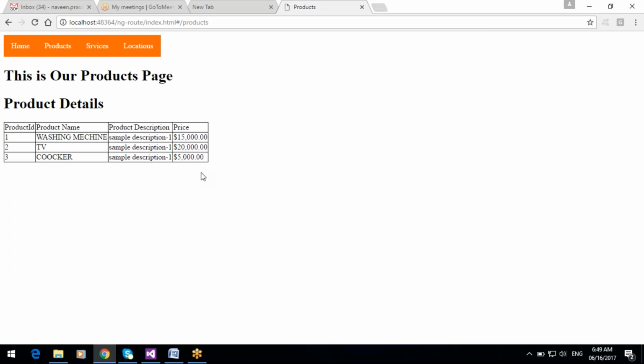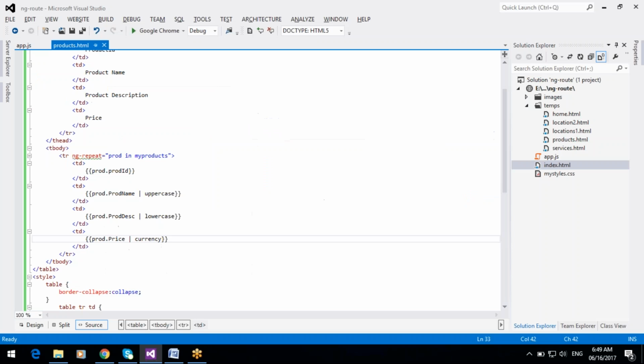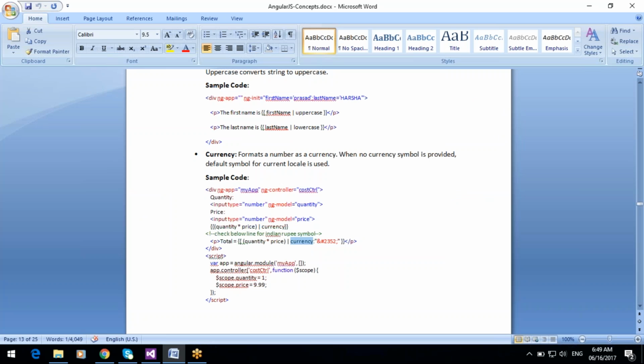If you want to display the Indian rupee symbol, there is an HTML format for the currency. This is the format to display the Indian rupee symbol.